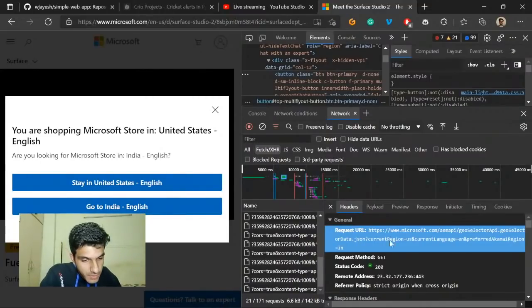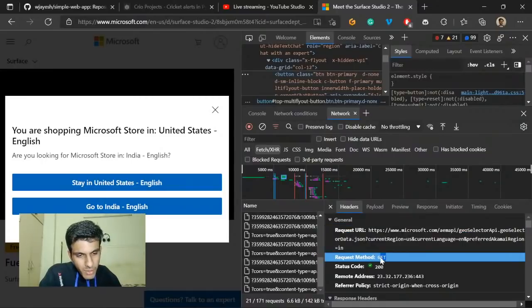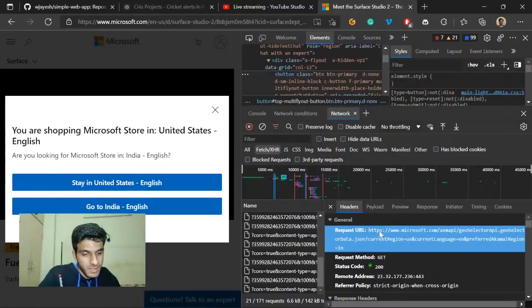So this is the request URL, and you can see there's something called a request method, right? We haven't covered this yet. We'll be covering it next. So I'm just giving a very brief idea to make you curious about what these different things are and why these are important. So you see a request URL, which is some kind of a Microsoft URL, right? So you can look at, say,